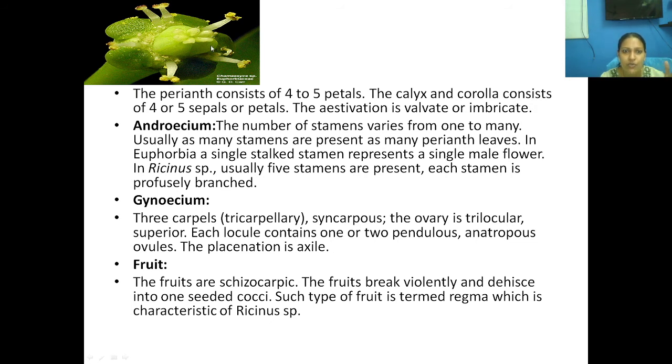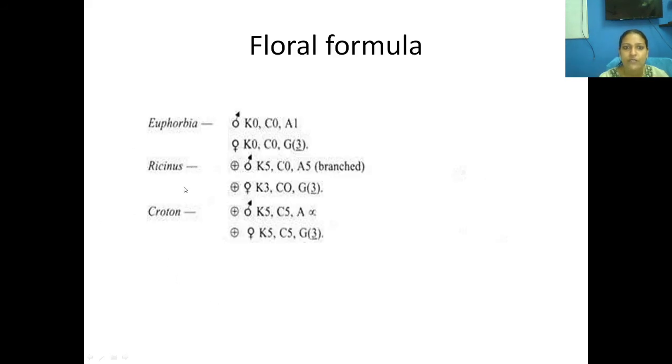See the raised portion of the gynoecium, and you could see the axile placentation. Each locule is having the ovule. Okay, the fruit is generally isocarpic, that is a regma type. Regma type you could say just like in Ricinus. It is tricarpellary condition. So this is the floral formula. Euphorbia hirta is a common plant that is available in our nearby side, and Ricinus also is common, but you focus more on Euphorbia hirta,